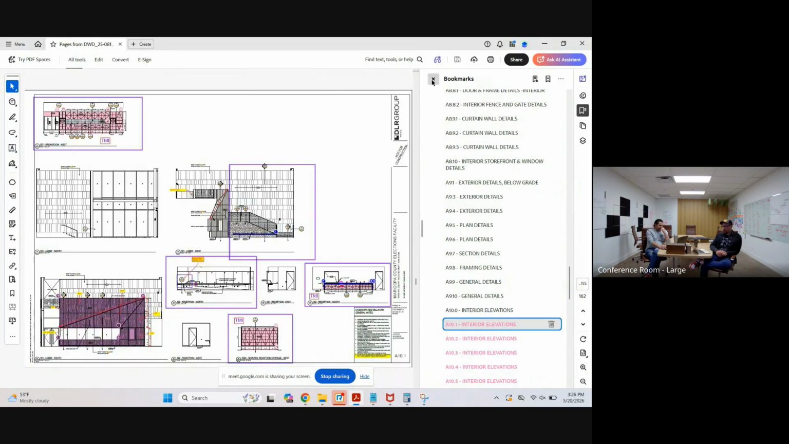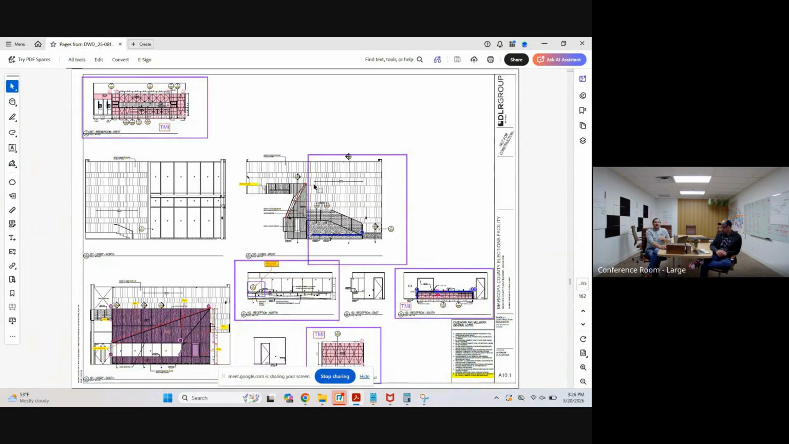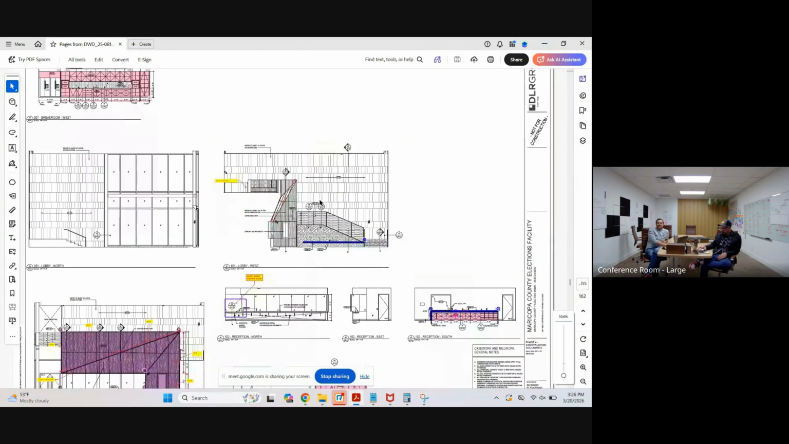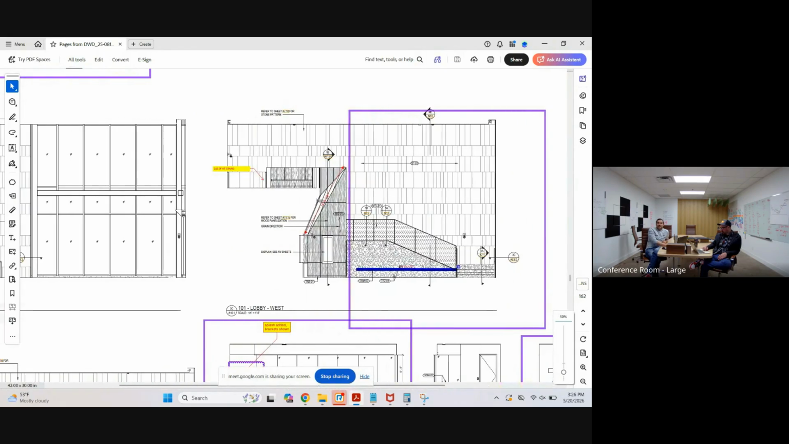Okay. So elevations, again, this is what's on the wall. Each one of these is a particular wall that tells you what you're going to see if you're just looking at it. Now, one of the reasons we like to have full sets, especially with elevations, is